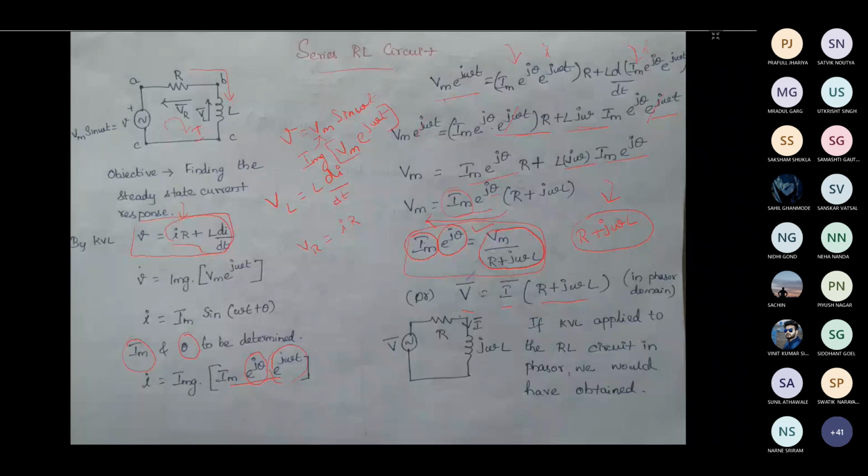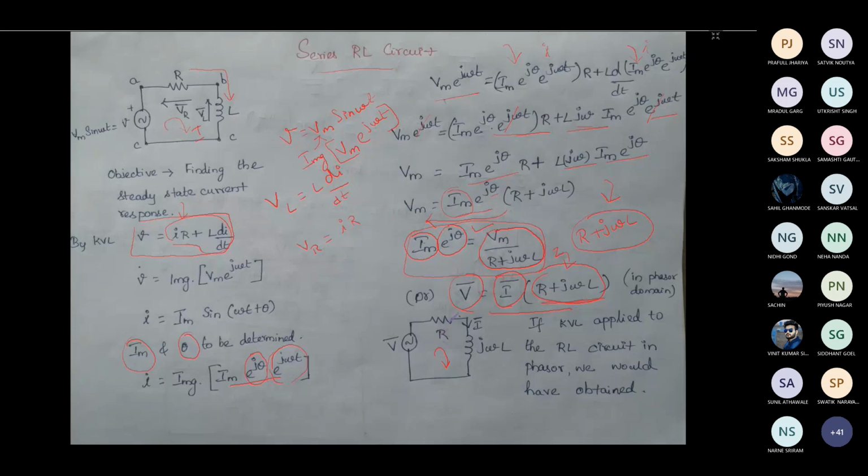But this V is the voltage phasor and this I is the current phasor. This is the impedance that is available in the circuit. The impedance can be given by R plus j omega L. For the inductive circuit, we will be getting the impedance Z, and Z is equal to R plus j omega L, that is given here. We have obtained KVL for this loop and written this equation. Now even for the phasor, we can obtain the KVL equation.